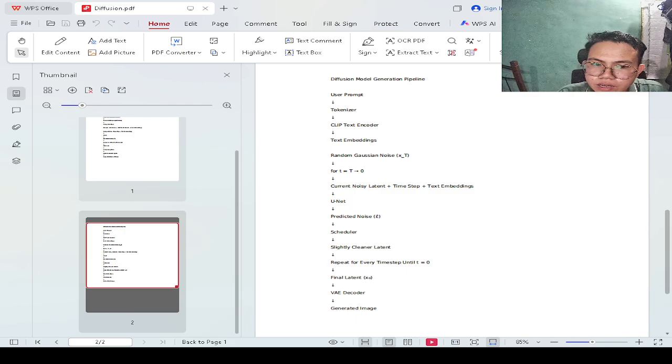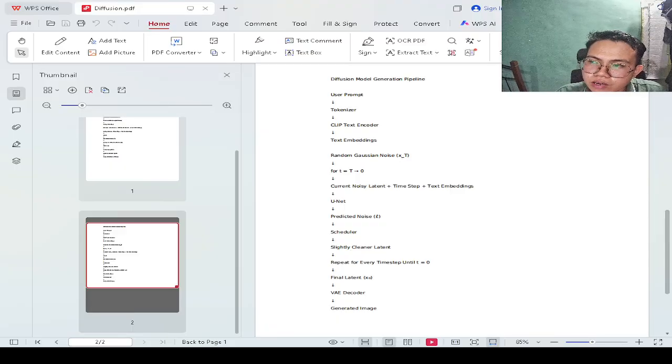So we will feed it to the UNet, or the trained network. We feed it the current noisy image, I mean the random noise, and then the time step of how many steps we will have, and then the text embeddings.